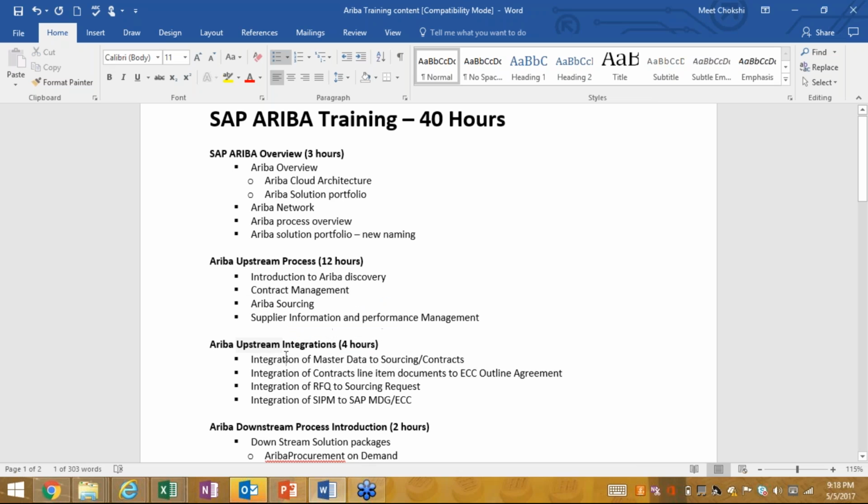So what we will cover is material master data, which is what SAP offers right now, right? So we can export all our material master data, all our BOM data, AMPLs from SAP to Ariba, and then we can use those materials in sourcing project, in contract workspace, right?